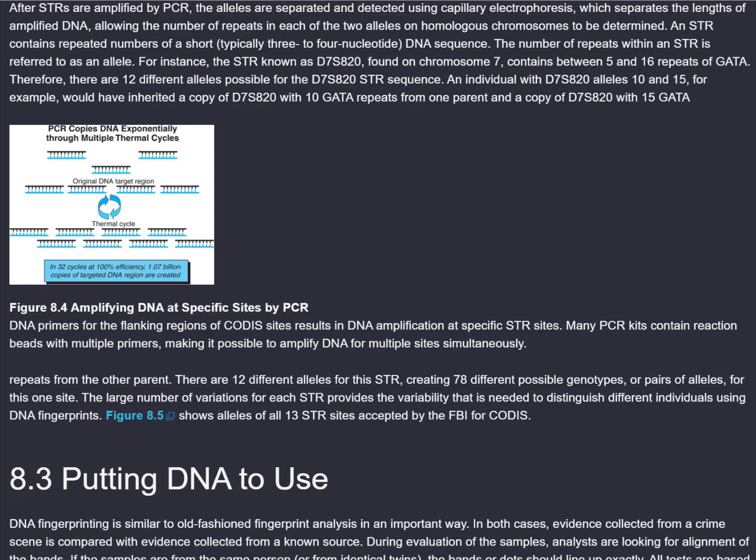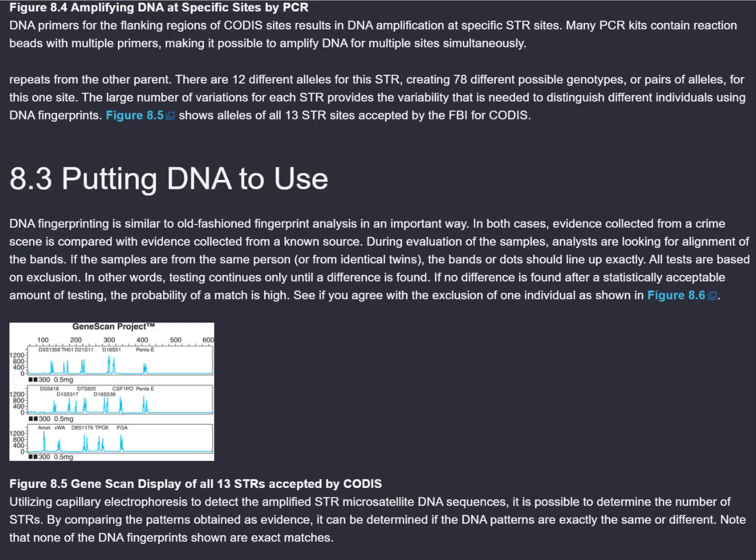For instance, the STR known as D7S820, found on chromosome 7, contains between 5 and 16 repeats of GATA. Therefore, there are 12 different alleles possible for the D7S820 STR sequence. An individual with D7S820 alleles 10 and 15, for example, would have inherited a copy of D7S820 with 10 GATA repeats from one parent and a copy of D7S820 with 15 GATA